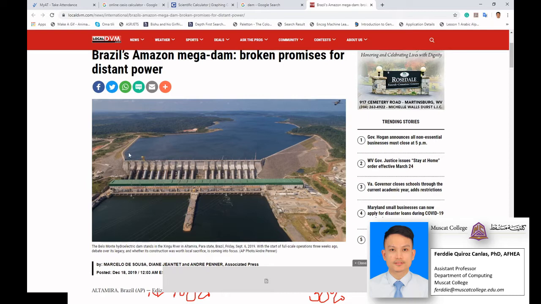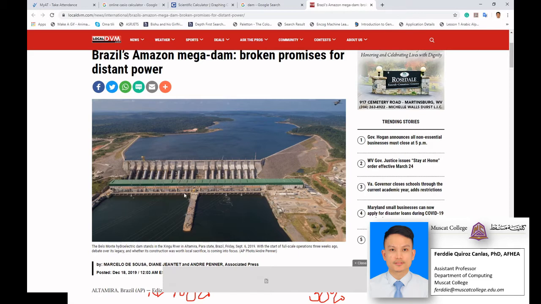But the common problem with dams is that if the gates are not properly opened or closed, it might overflow, as you can see here. It might overflow or break if too much water is in it. If it overflows, it might endanger the cities and residents nearby. It might flood and damage the nearby cities. So proper decision making must be done on the timing of when to open the gates